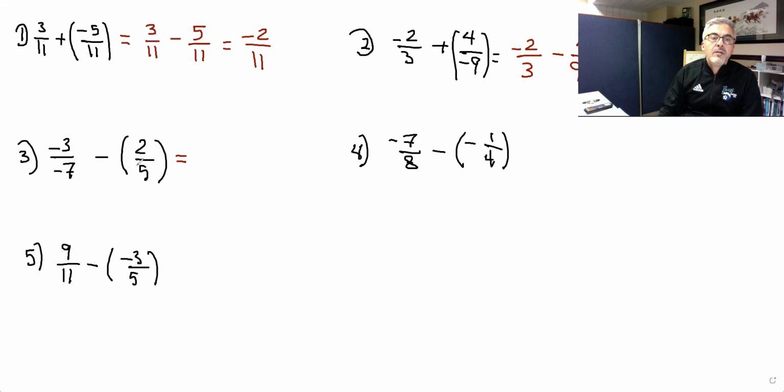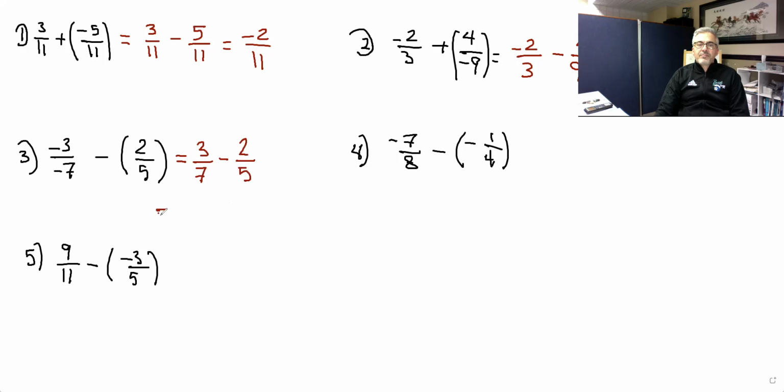Here, first of all, we have a negative over a negative. That's a positive. Because if you look at this fraction right here, it's like negative 3 divided by negative 7. When you're dividing, negative divided by negative is positive. If you have a negative on top of a negative, they cancel each other out. So you get 3 over 7. Minus, you don't need this bracket, so just 2 over 5,